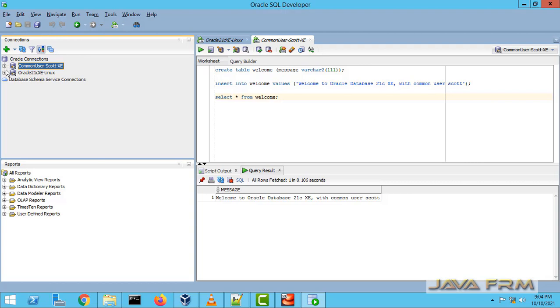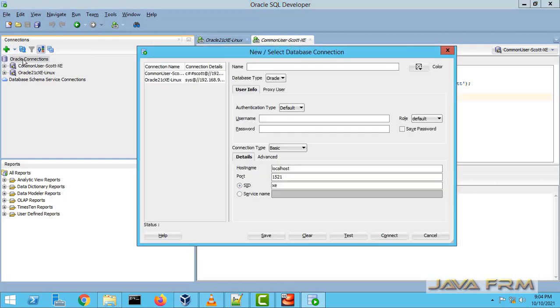Now next I am going to log in as the sys user to the pluggable database. Okay, I am going to create one new connection.